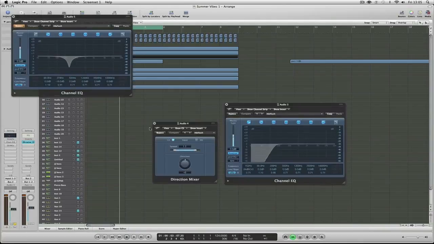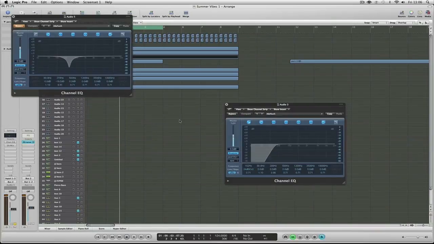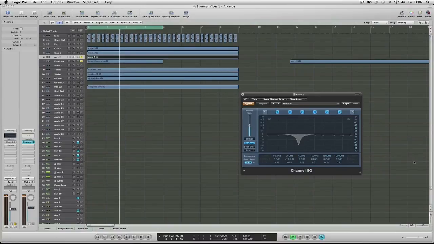The shortcut that I use to get rid of all the plugins on the screen, if you want to do that, is just V. Press V, they go away, so that's useful sometimes when you don't want to close everything down. But in this instance, I just want this EQ open so you can see it. So this plugin here,